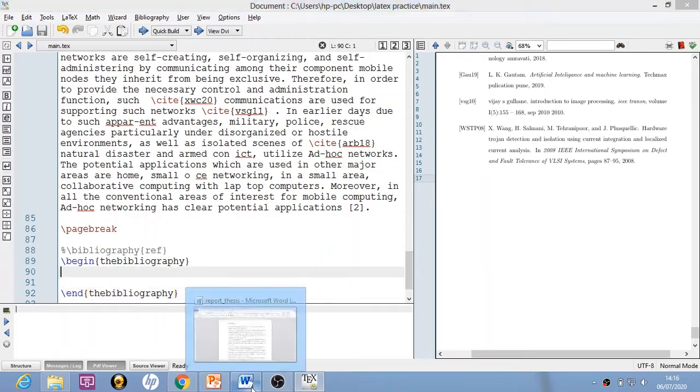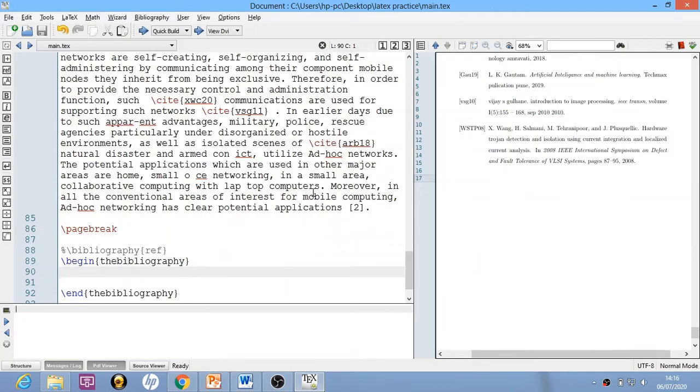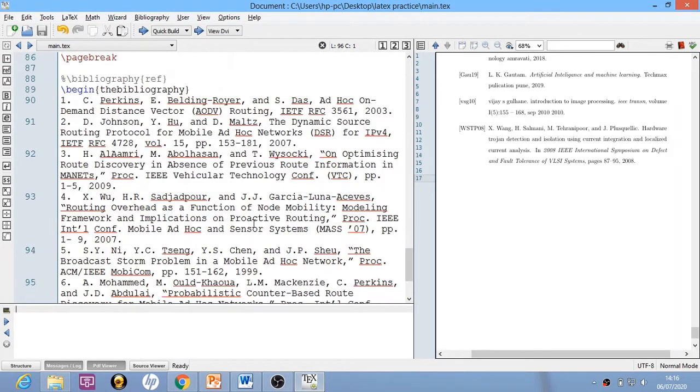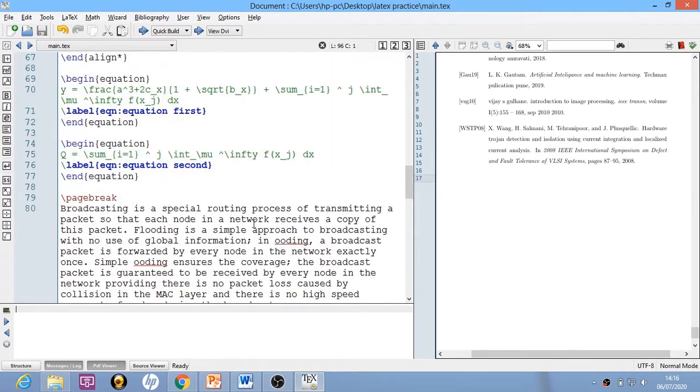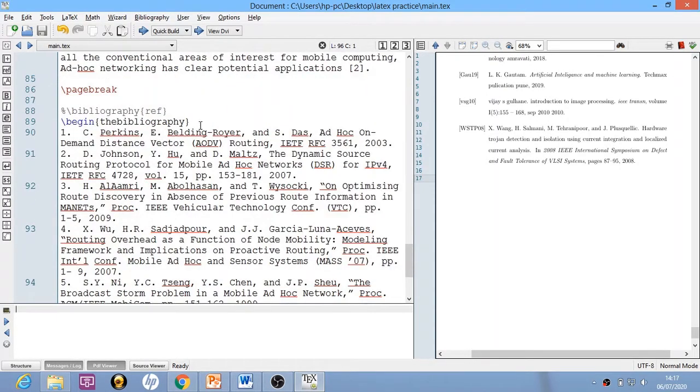So suppose these are my references. I will copy these references and paste them in between \begin{thebibliography} and \end{thebibliography}. Now in front of \begin{thebibliography}, I will add a curly bracket and pass a parameter, any number parameter.